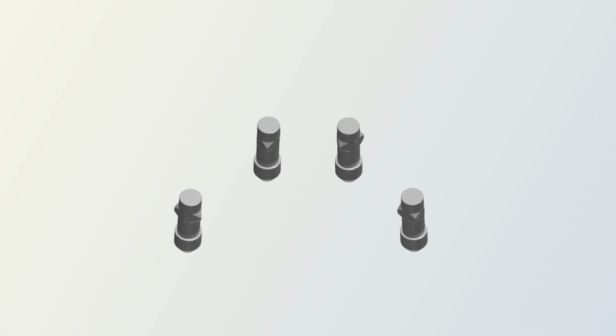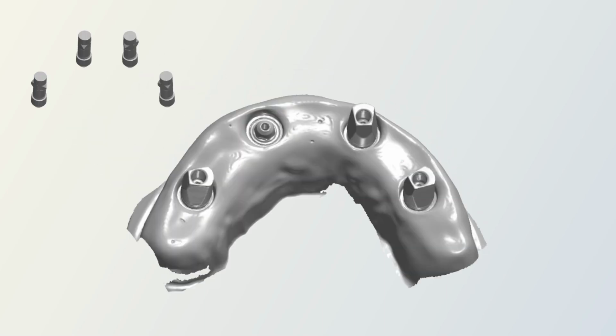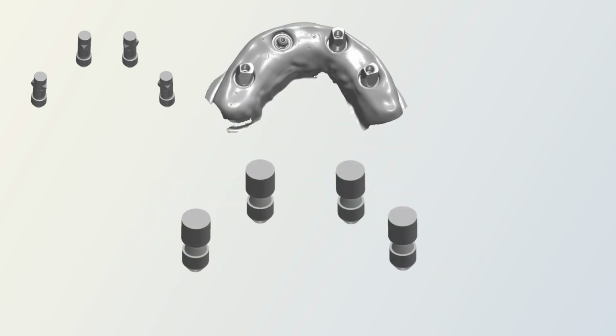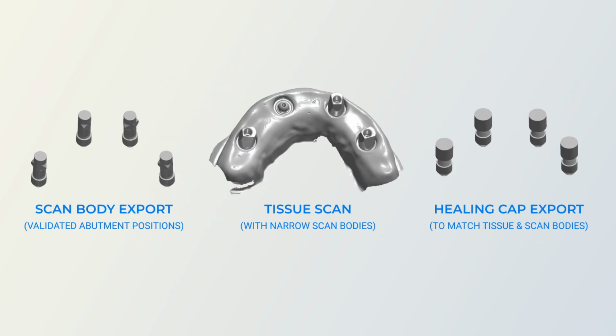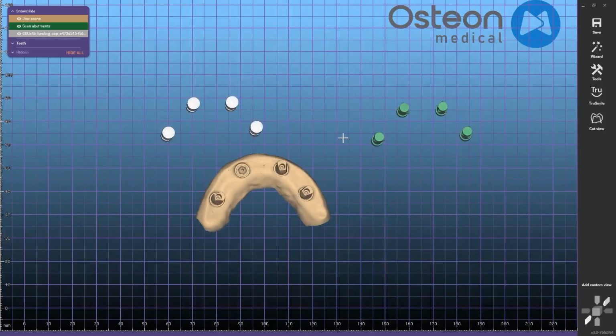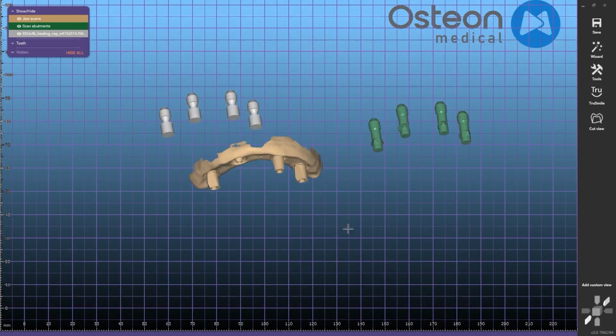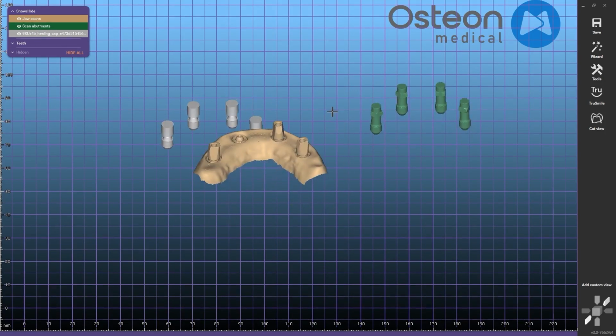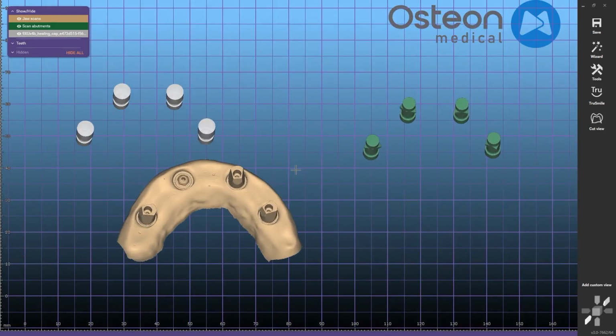Aligning the validated abutment positions that have been replaced with skin body geometry to the patient tissue skin using narrow skin bodies, and the healing cap export from Nexus Connect Lab. Before beginning in Exocad, set up your project per your lab's own standards to design full arch restorations. With the skin body export, the tissue scan, and the healing cap export loaded, we'll start by choosing Align Meshes